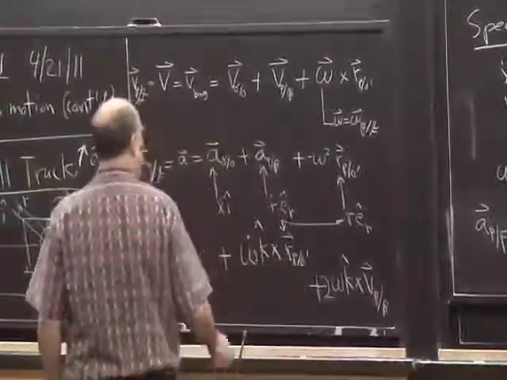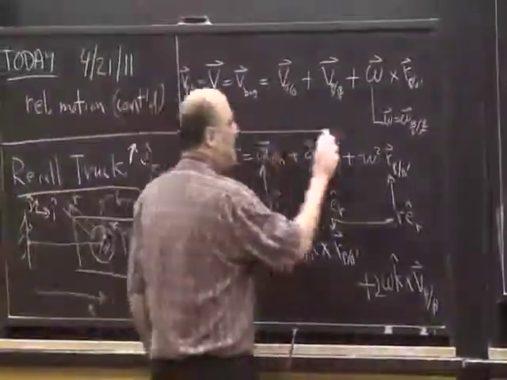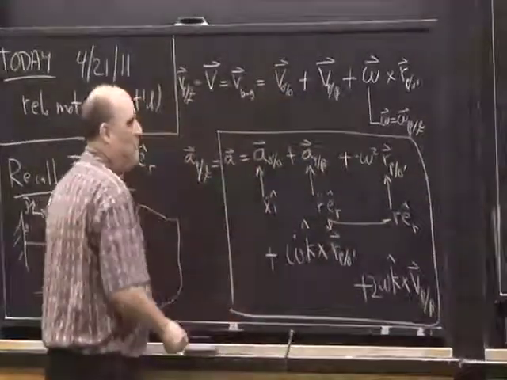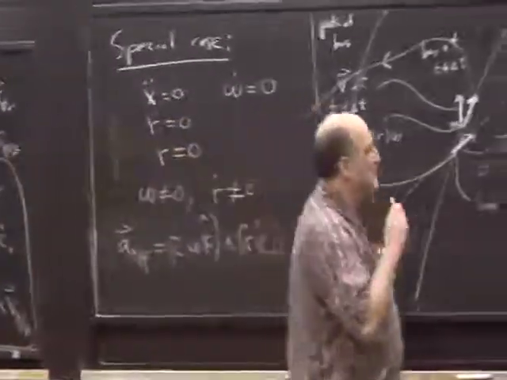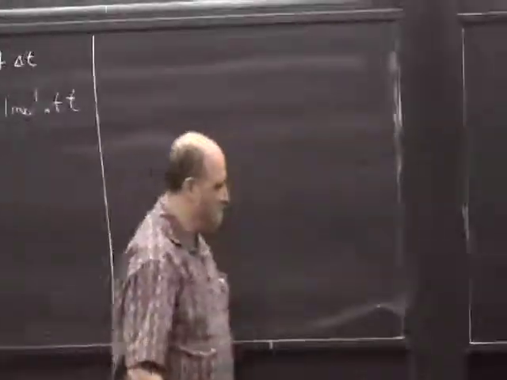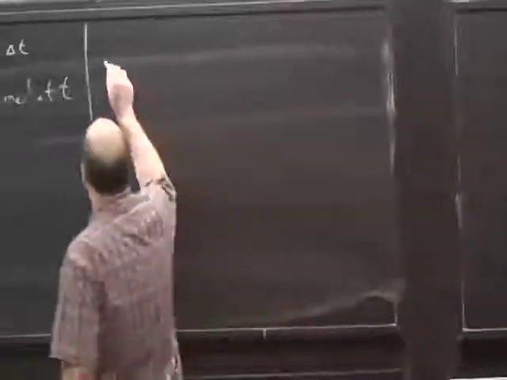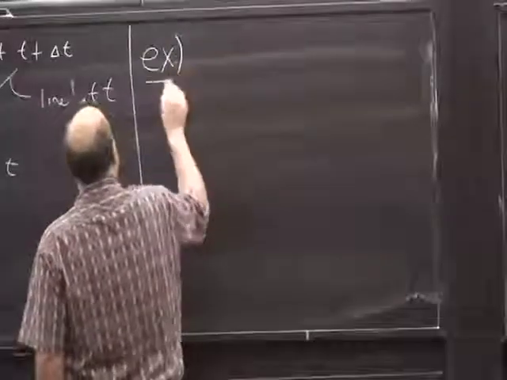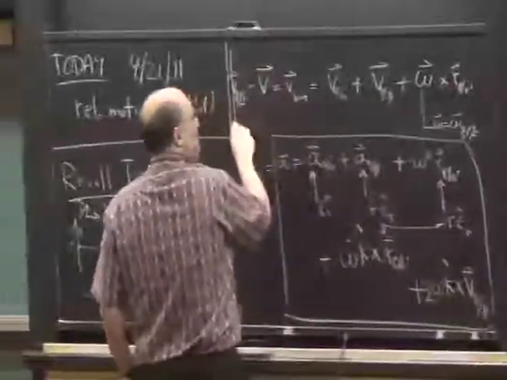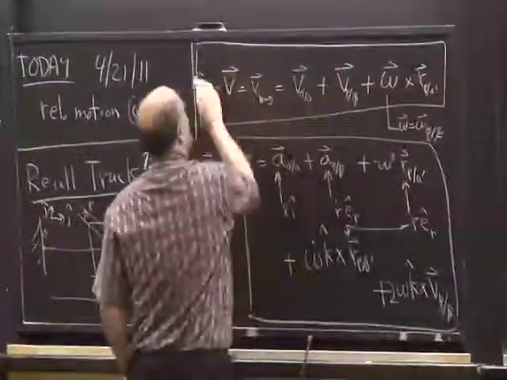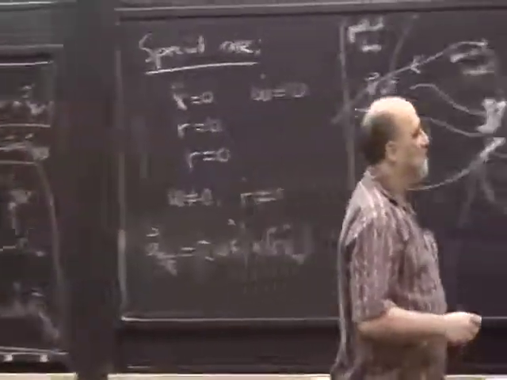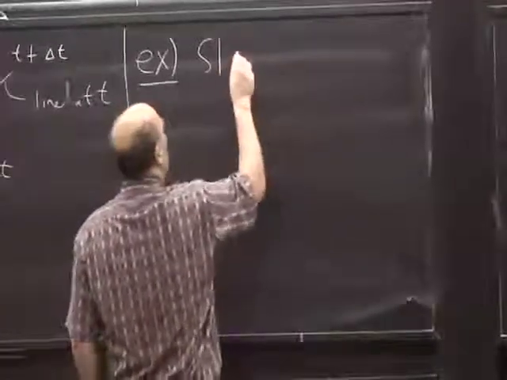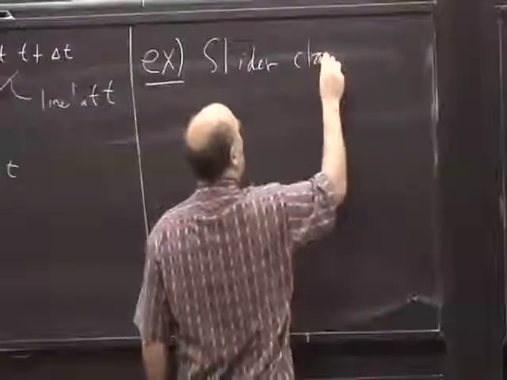Okay. So here's this formula, this 5-term acceleration formula, which I hope was as good for you as it was for me. Now, what do you do with this formula? You can now use it to try to figure out things about the velocities and accelerations. Use it, either that one or this one, to figure out things about the velocity and acceleration of parts that are moving funny ways. So for example, if we look at the slider crank,